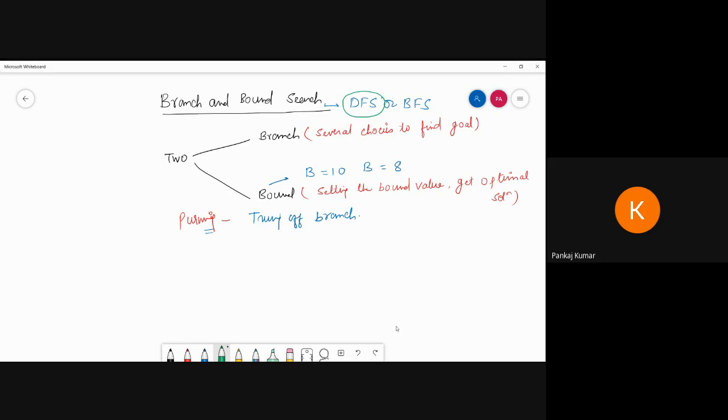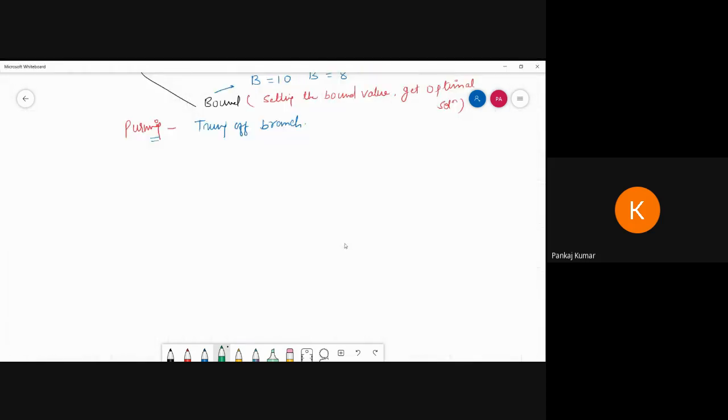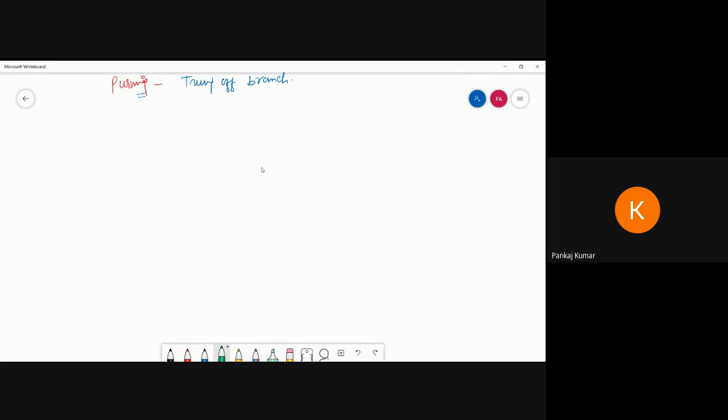Okay, now see. So I am going to perform this branch and bound. Suppose I am going to draw one graph like this one. Here the heuristic value is given, that means the distance is given. So we can include the DFS with the heuristic value. Don't be confused, the simple DFS works on its own, but here you can use the heuristic.